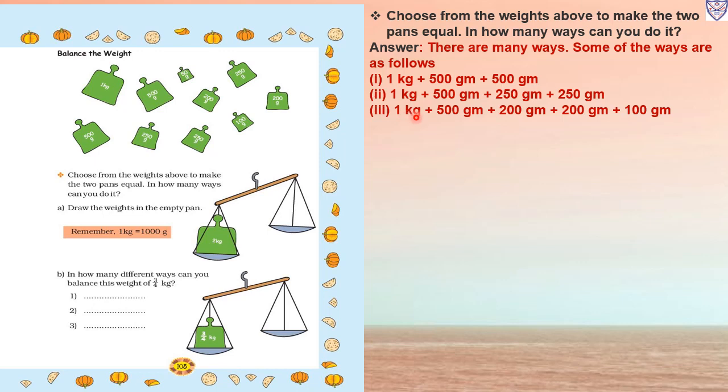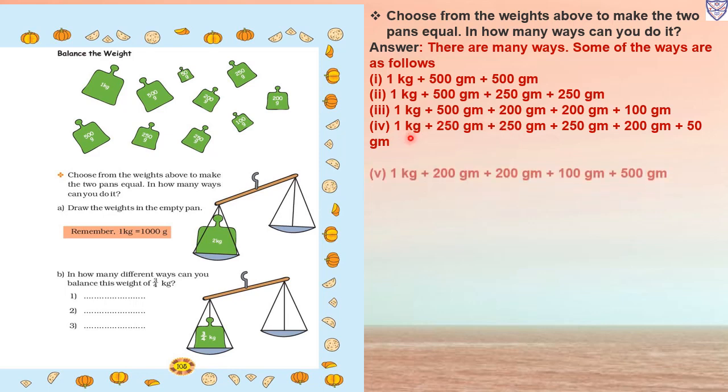2 kg. Now the next option: 1 kg plus 250 gram plus 250 gram plus 250 gram plus 200 plus 50 gram. So 250 gram plus 250 gram will become 500 gram. Then 250 gram plus 200, that is 450, and 50 gram we will add, that is 500. So 500 gram plus 500 gram, that is 1000 gram, which is equal to 1 kg plus 1 kg,